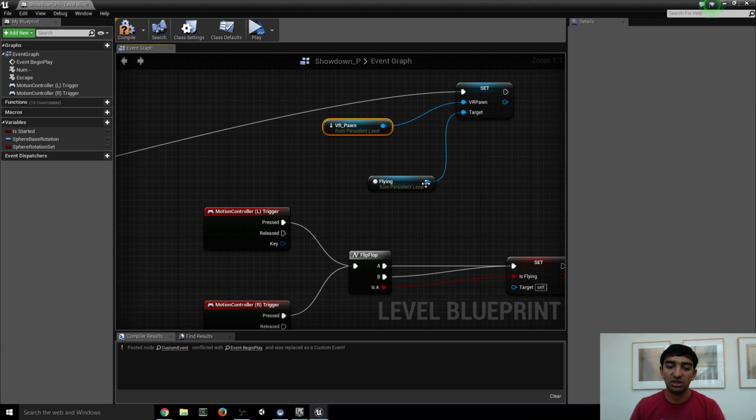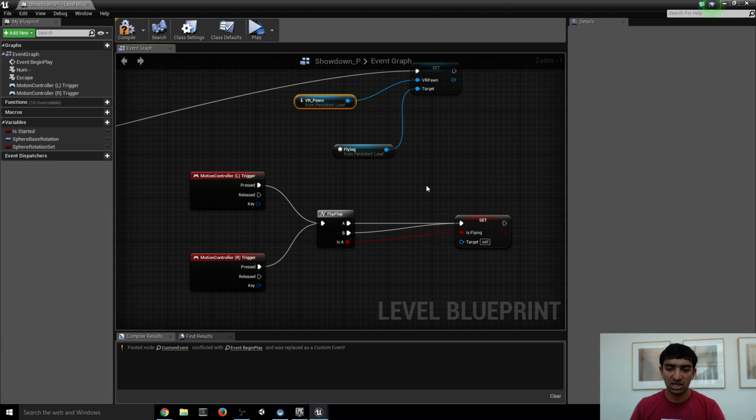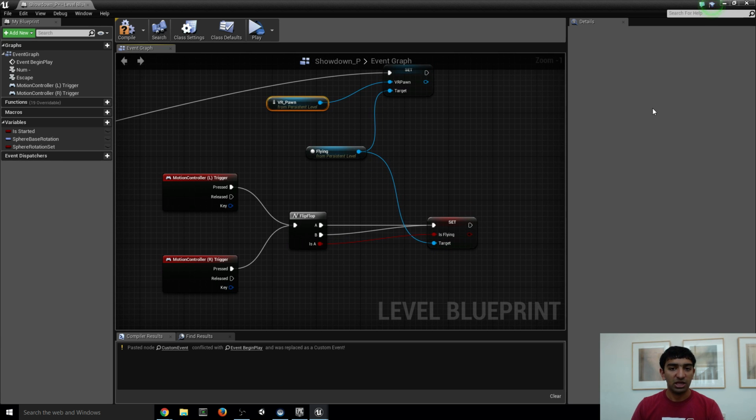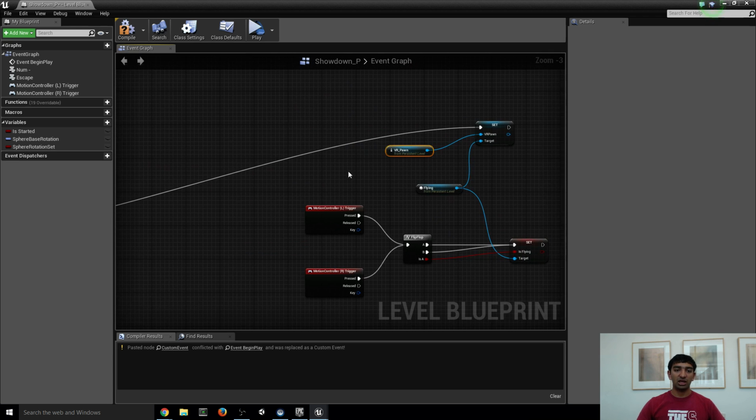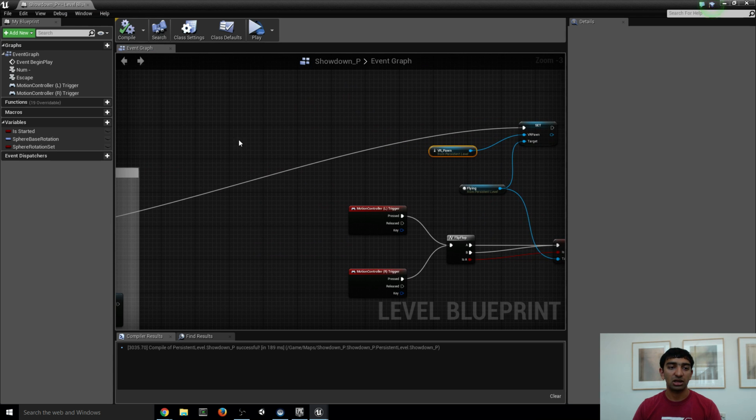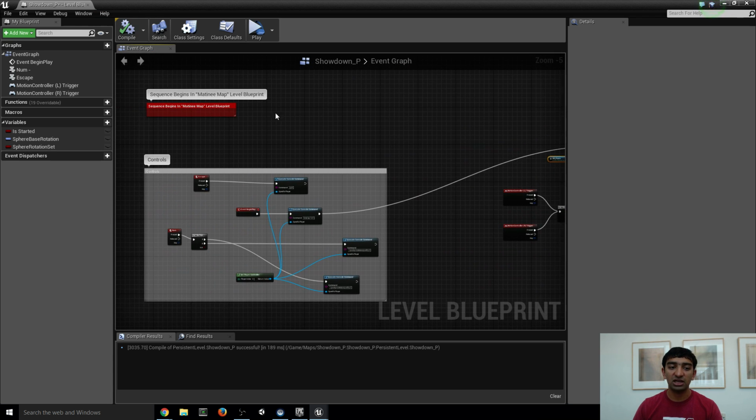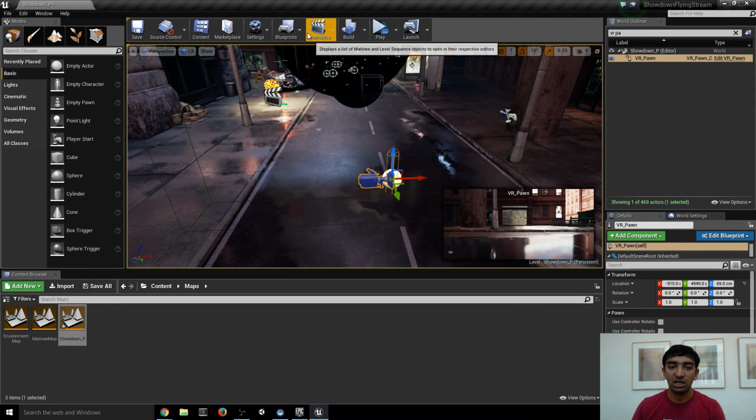So I'll just move these things around. And then flying goes to this target. And yeah, that should be it, assuming I hooked up everything correctly. And the other thing I want to do is, we can test this,